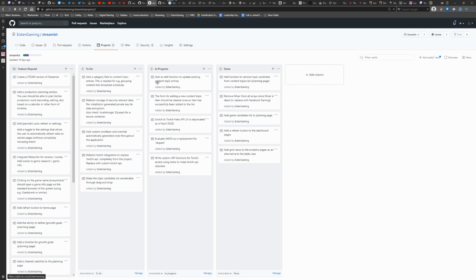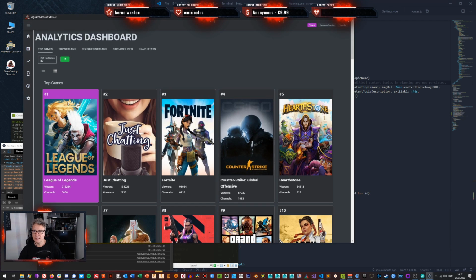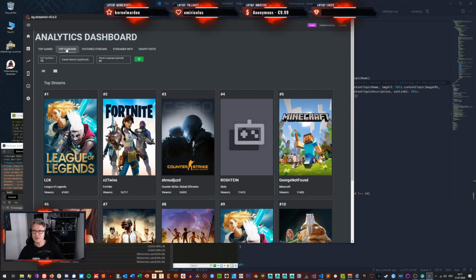to add the functionality. Here you see what I'm working on, what I've accepted as to do, and what's done. So have a look at this from time to time. But yes, mainly it is at the current time a research tool. Okay, so we have top games, and another thing we can do currently is top